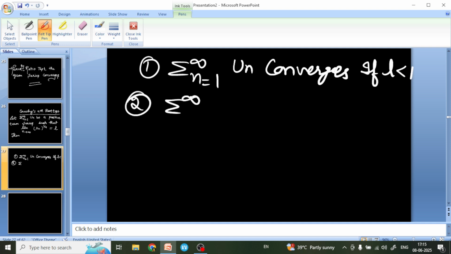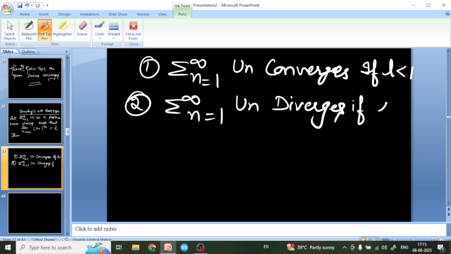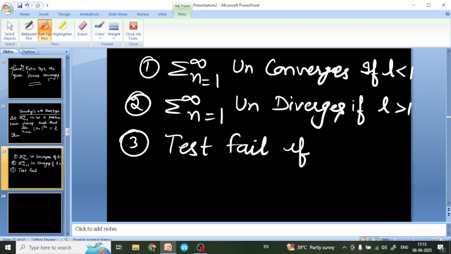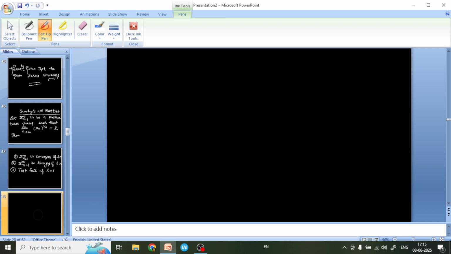Second, the sum of un diverges if L is greater than 1. The test fails if L is equal to 1. These three conditions you should keep in mind when you solve the questions,